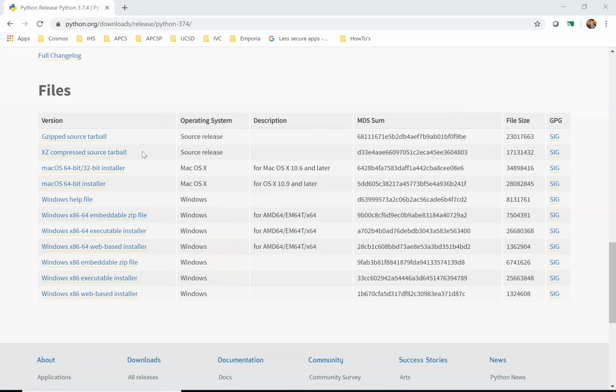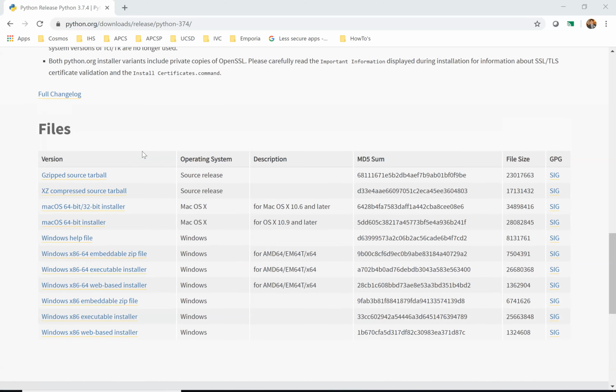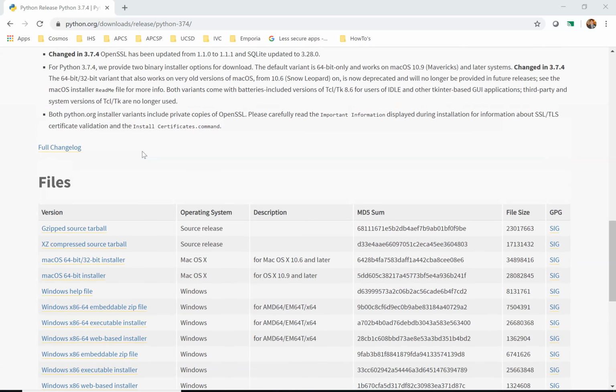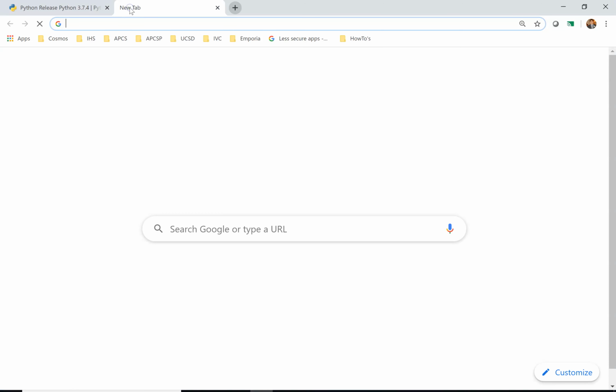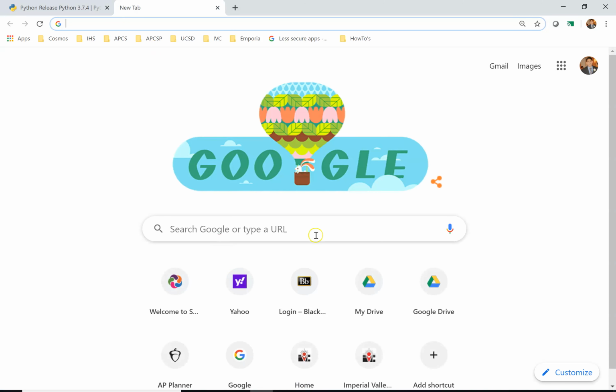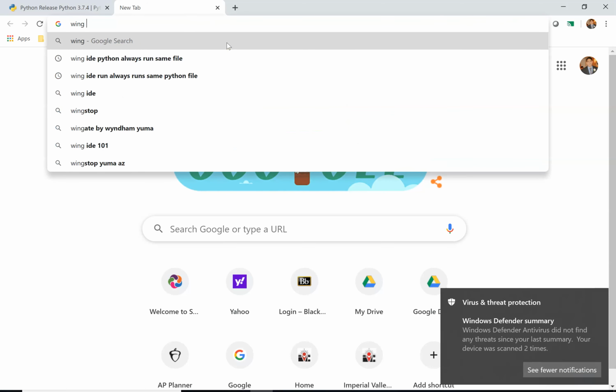Now, Python itself is not what we use to code. It is the language we're using, but we need to use what we call an IDE. Wing is basically how you've come to know it. So if you look up Wing 101,